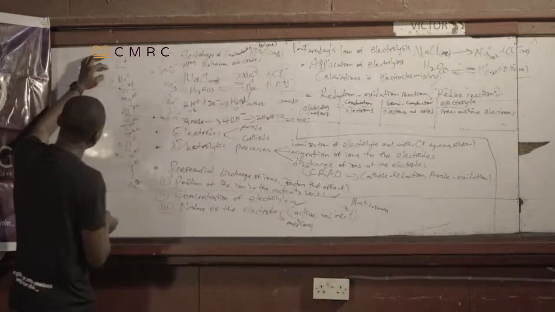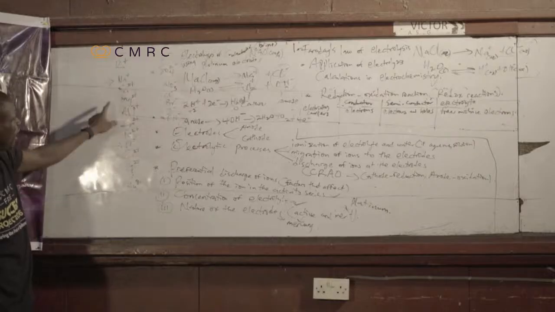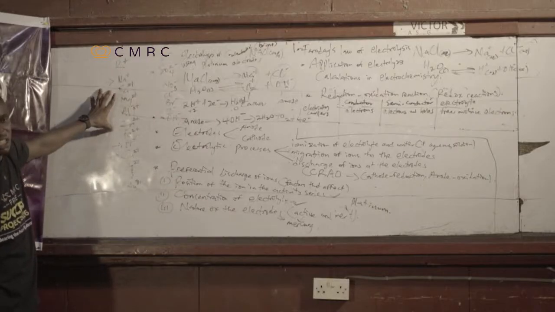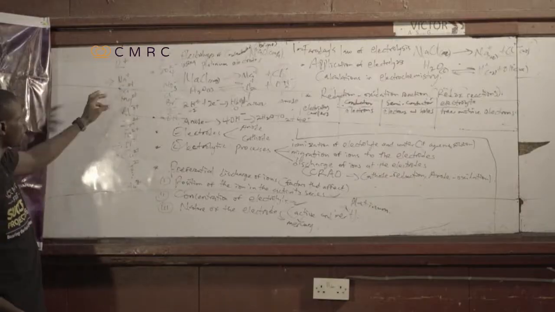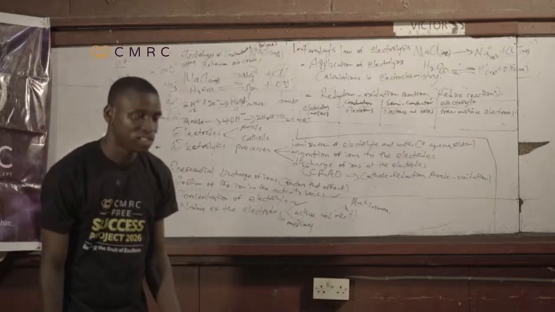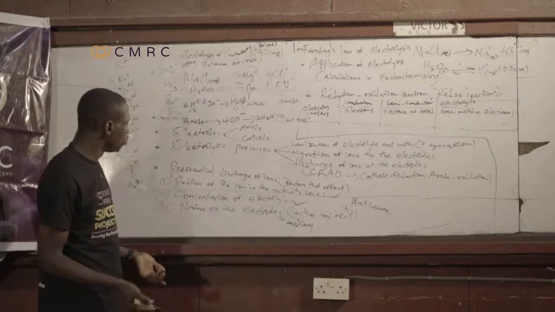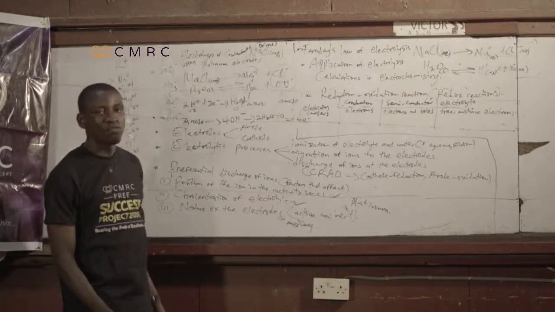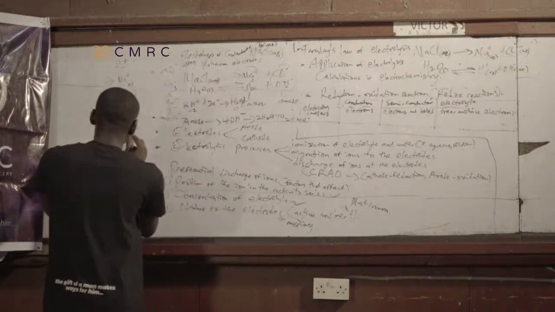Now look at Na⁺ here. Na⁺ is here, H⁺ is here. Look at the distance between Na⁺ and H⁺. We have 5 different ions within the both of them. So that means that the concentration will be useless in this place. That means we have nothing to do with concentration anymore. So what we are left with is the position of the ion in the activity series. So we need to go for the ion that is below. So the one that is below is what? H⁺. So meaning that